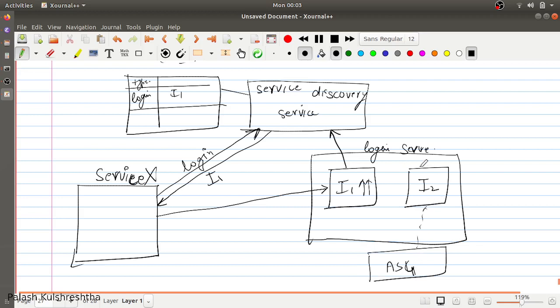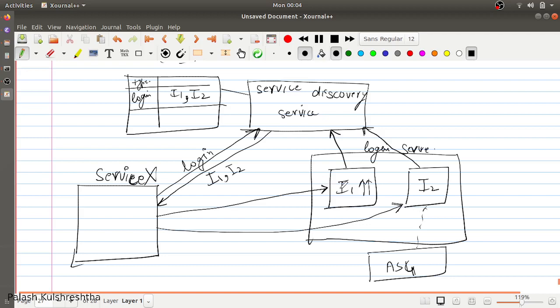When I2 comes up, it is going to register itself in the service discovery system, and the system is going to keep track of I2 also. Next time when service X refreshes the list of addresses to which it should send the login traffic, it is going to get I1 and I2, and then it is the calling service's responsibility to load balance the traffic between these two instances.